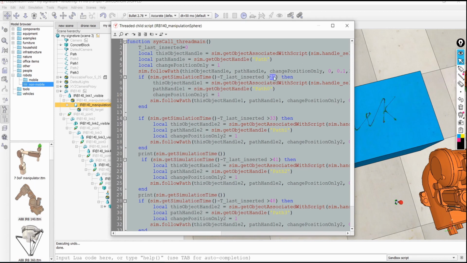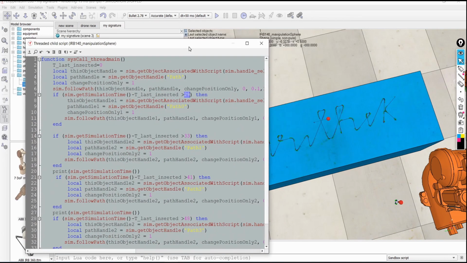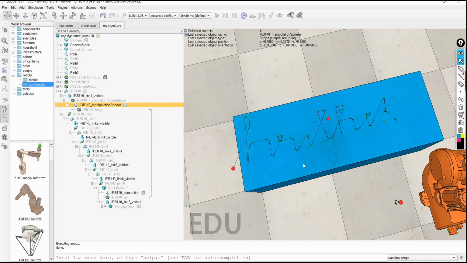I counted how much time it will take. After 29 seconds, means after this whole word is written, it will wait for some seconds and it will again follow the other path. In the same way it will wait for this T to complete, then wait for some time and follow the other path. Like this I made this simulation.